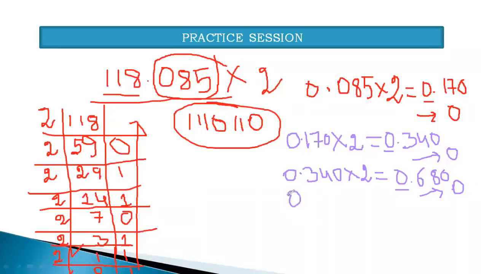New number is 0.680 multiplied by 2, which equals 1.36. Extract the value written before the decimal part, which is 1. After extracting 1, we have the new value